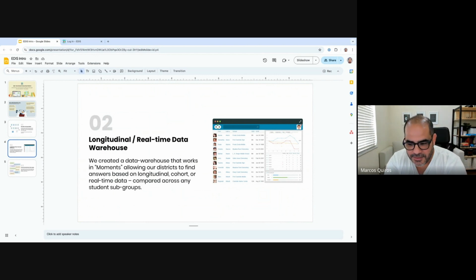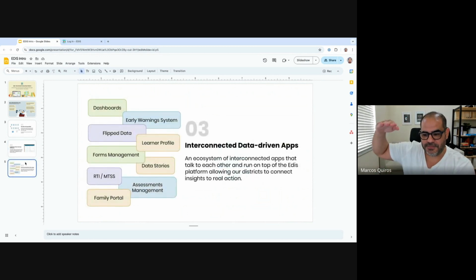But at this point, who can use the EDIS data? Only people who are a data analyst or a programmer, somebody that knows how to write queries into a database. Not a lot of people can do that, and those people are typically very expensive. So that's when we built the third story of that building. The third story of the building is all the different applications that are built on top of EDIS that use that data,